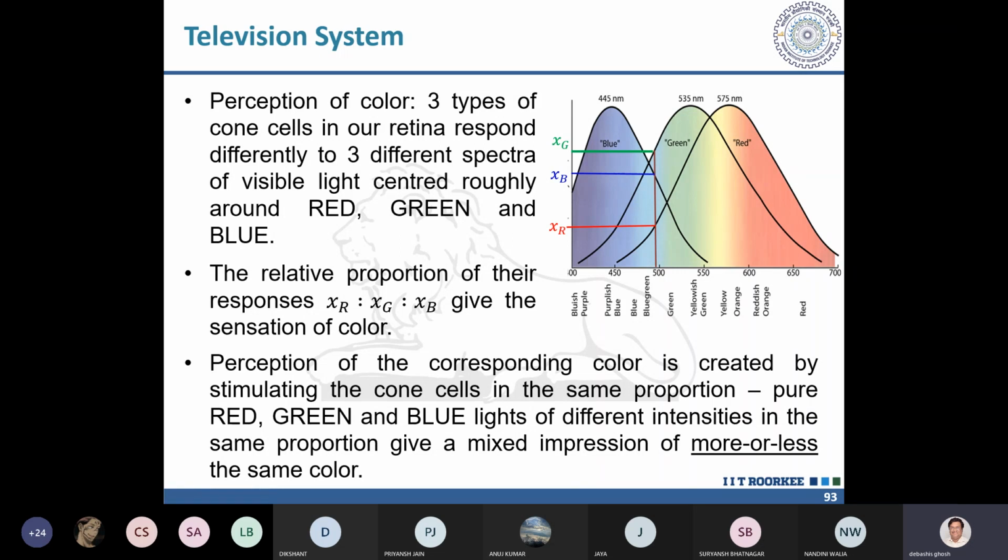So that is how color works, and you must have observed that everywhere it is written red, green, blue. Even in your television system, you can change the reddish, the greenish, or the bluish thing. Basically red, green, blue are projected in 3 different proportions, and when they reach my eyes they come in such a proportion that it creates the sensation of a color.